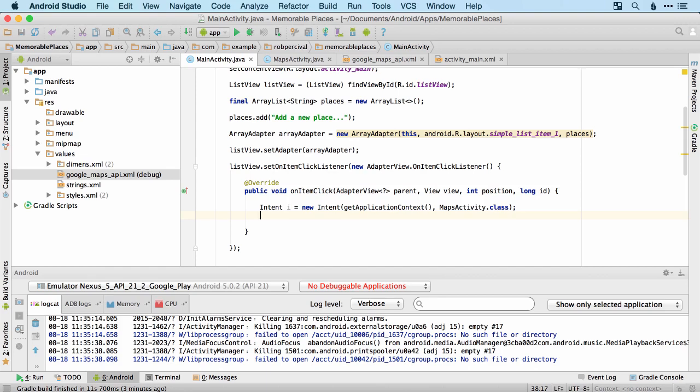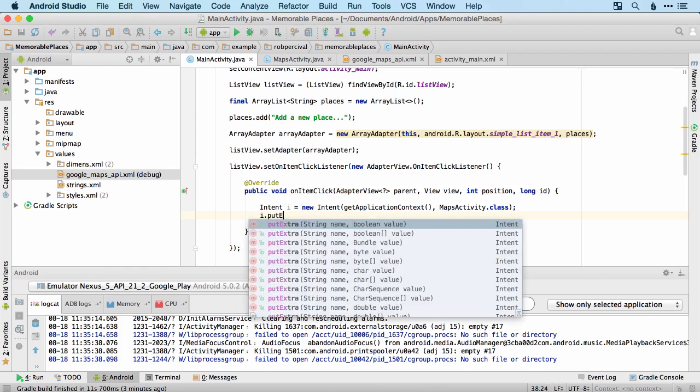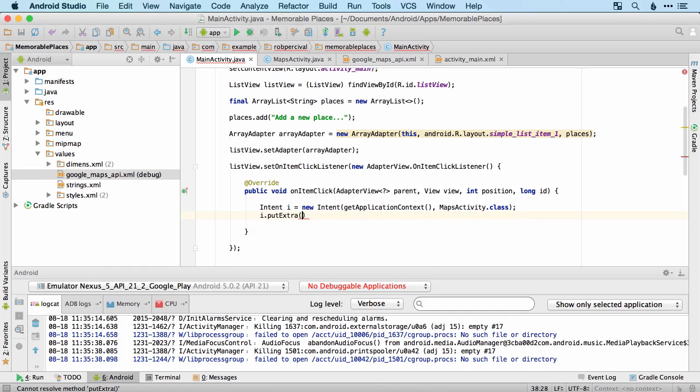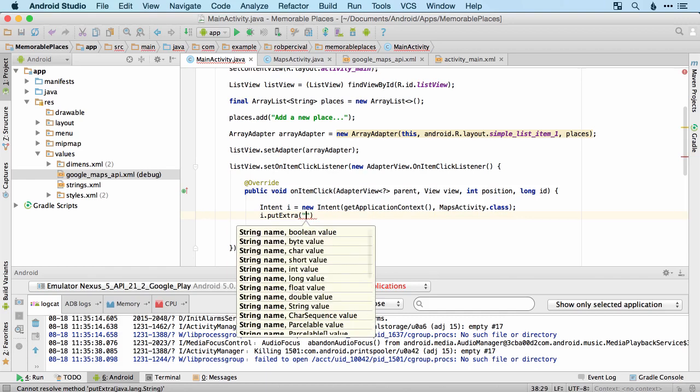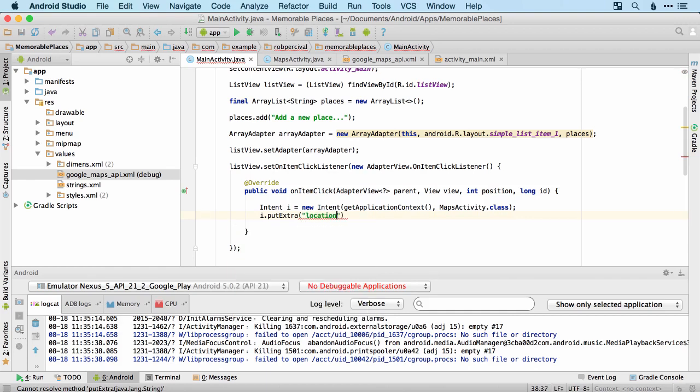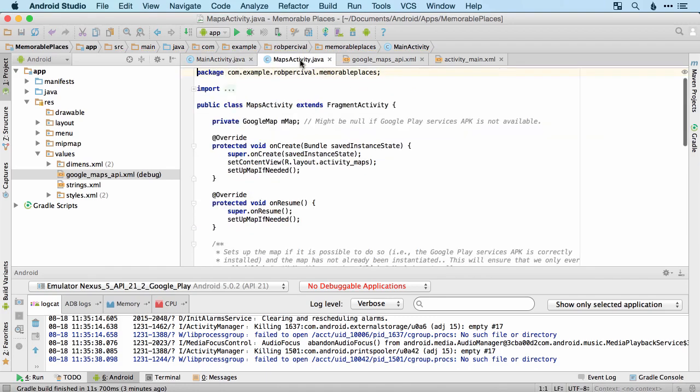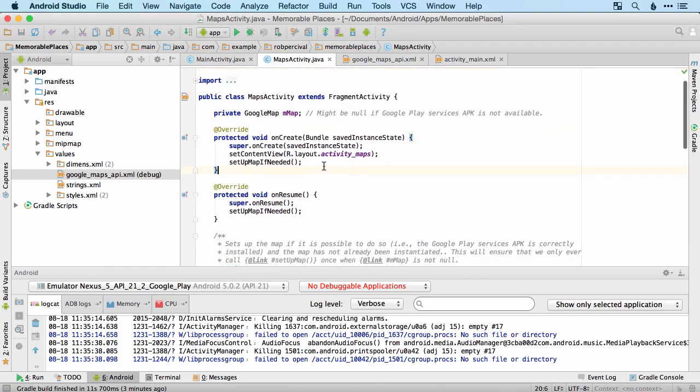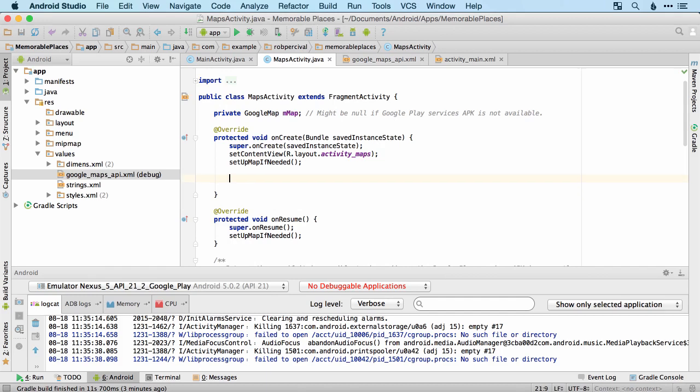And then we'll put an extra, and I'll call it locationInfo. And for now, it's just going to be the position. That will change later on, but for now, we'll just use that just to make sure that everything's connected up properly. So to pick up that variable, we create another intent in the MapsActivity.java,